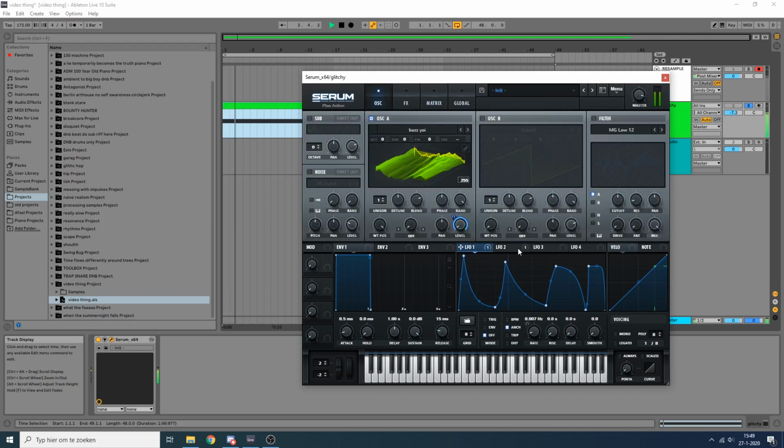So this is kind of cool, but now it's only one dimension in which we're changing the sound, which is the volume. So what I'm going to do is get another LFO, and then I'm going to assign that to the wavetable. I'll just use LFO2, I guess,